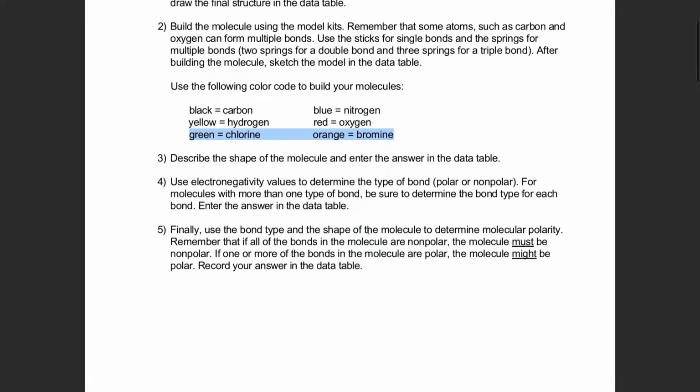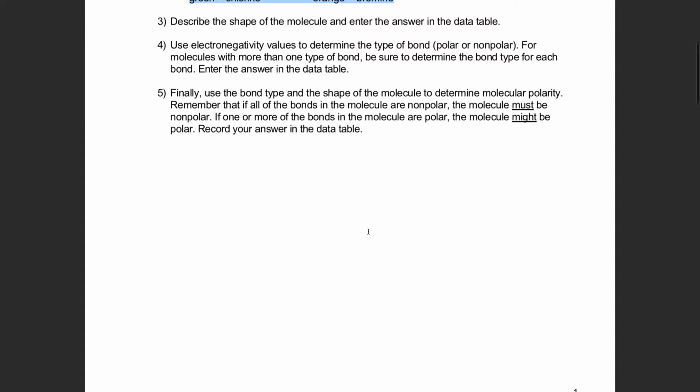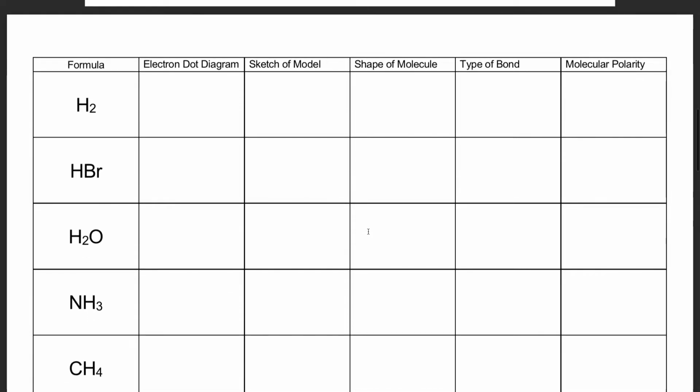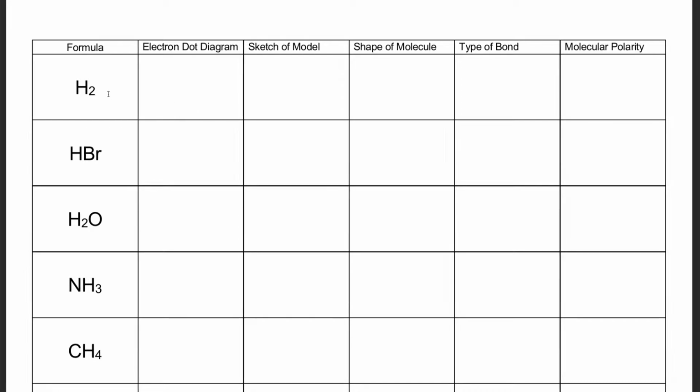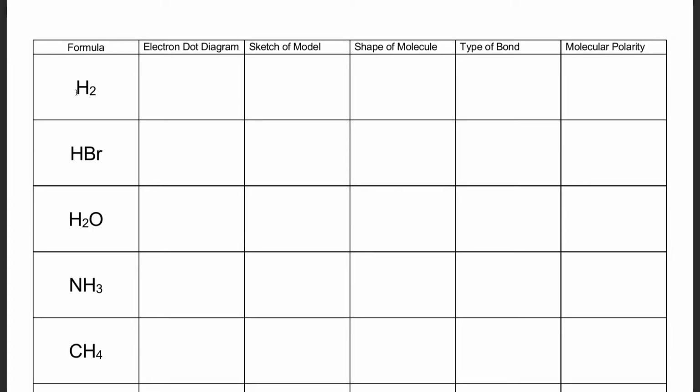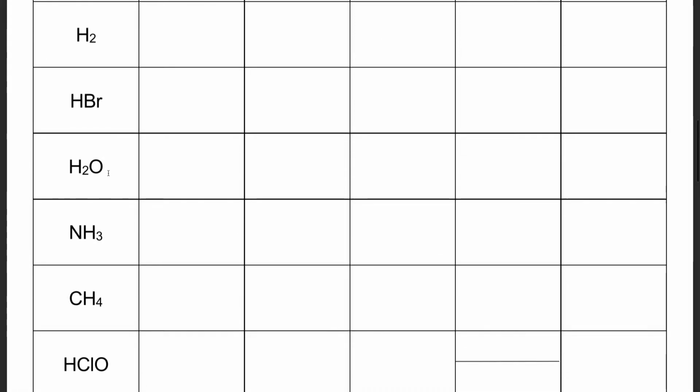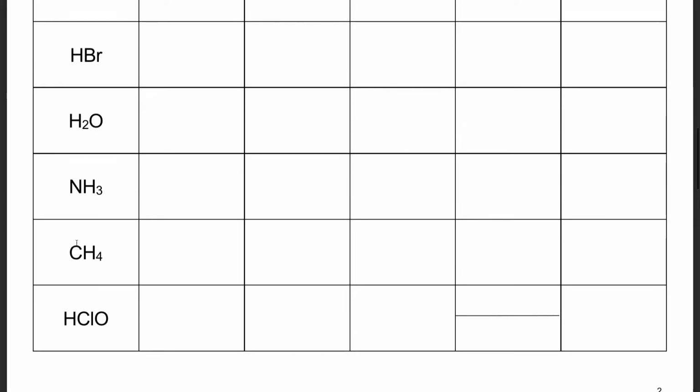Now you're going to have to describe the shapes and draw the Lewis structures of them with their lone pairs, and I'm going to show you them here. You'll have to get this printout. You'll have to write all your answers in, then take a picture of it and send it in through your Schoology. Now you have H2, which is hydrogen gas, HBr, H2O, NH3, CH4,